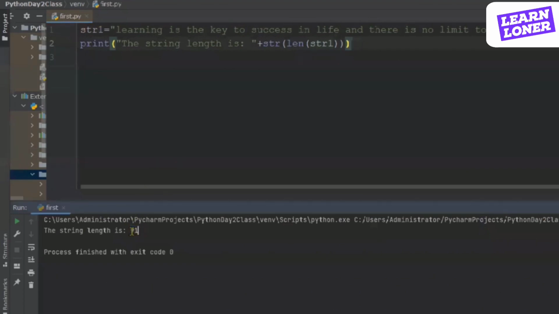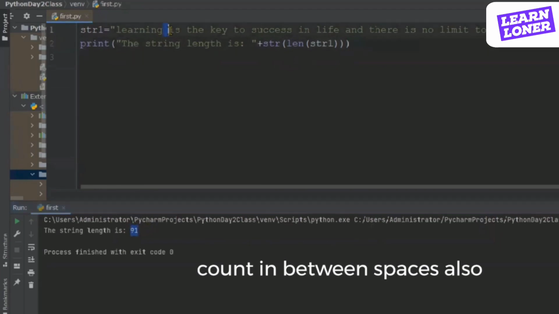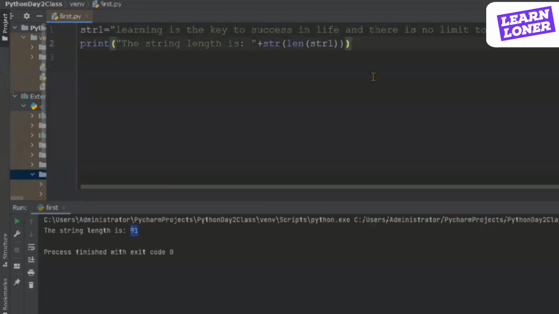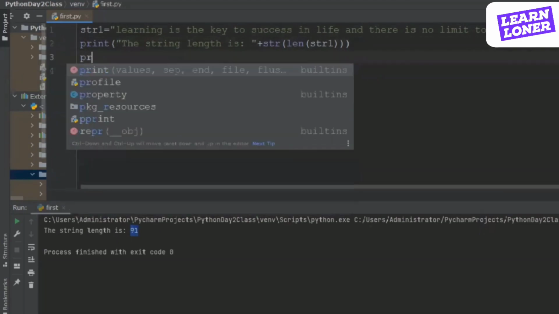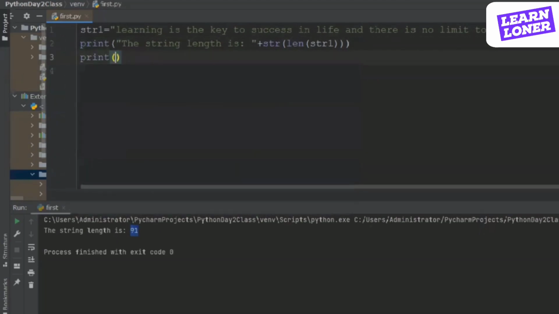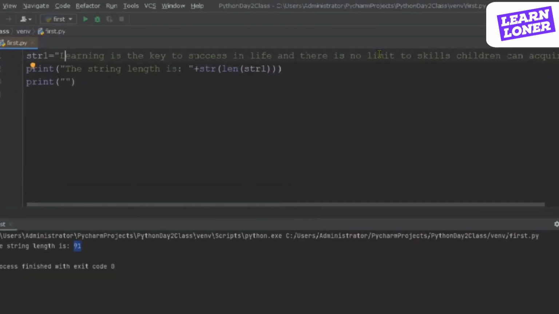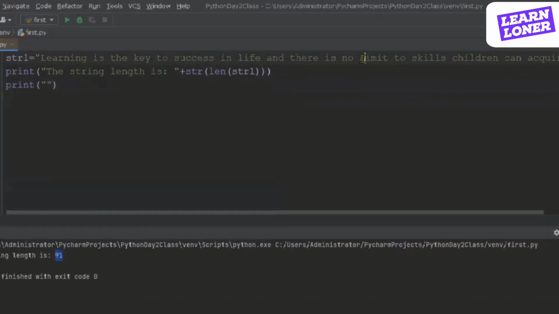So what is the length of our total string? It is 91 characters. It is also calculating the spaces. Okay. So starting from L till the last character, the length of the string is defined. Let us try and print the string in uppercase. Now currently everything is in lowercase. So I'll just make a change. I will change this to capital. Okay. And let's change even this one to capital just to see whether everything is converting to lowercase. So again, we will say